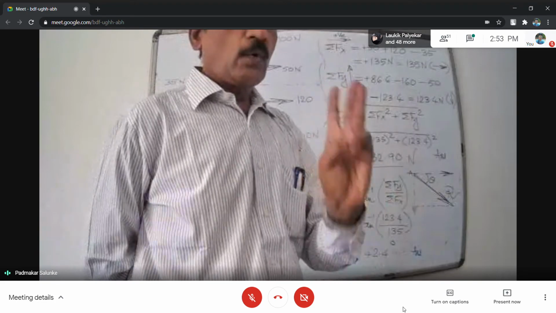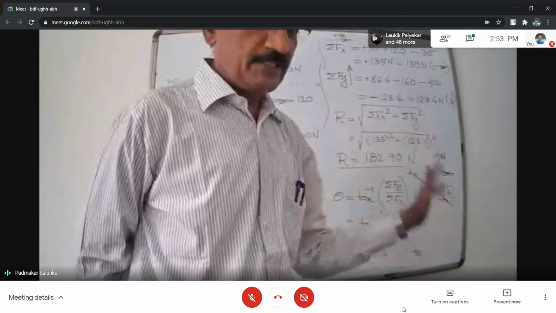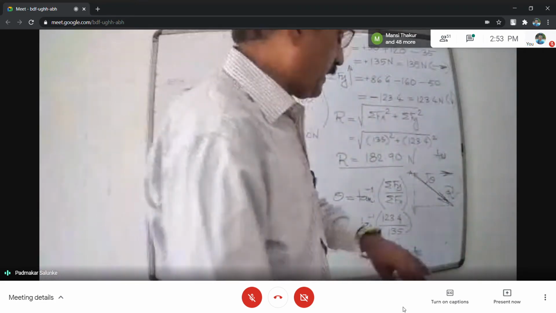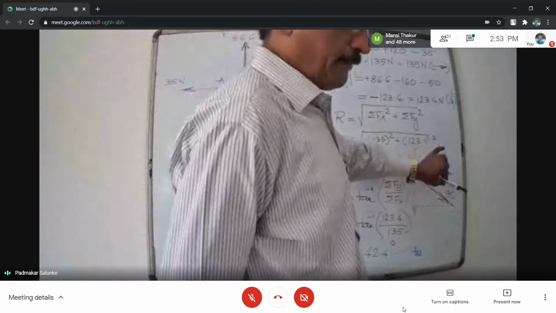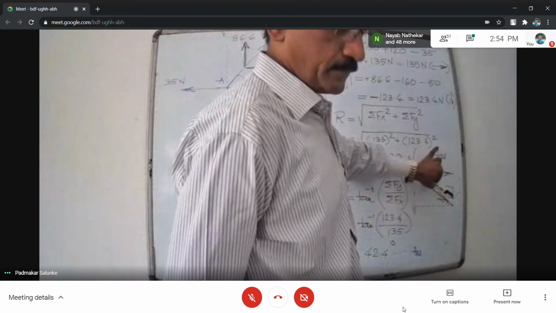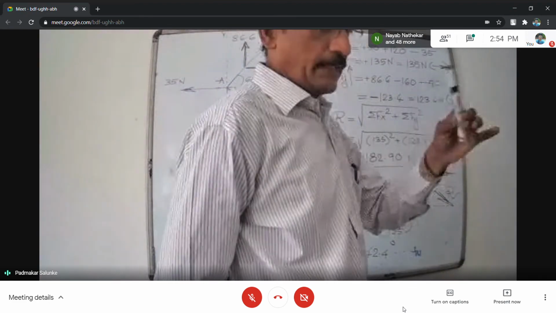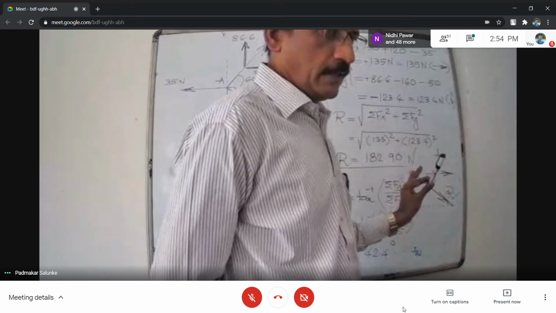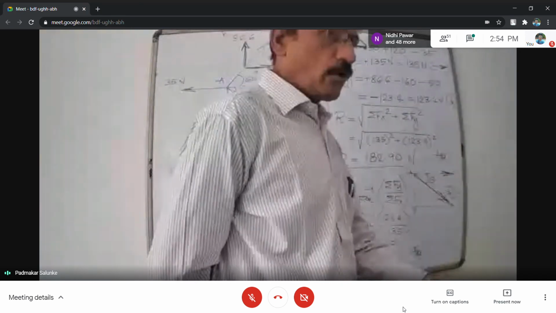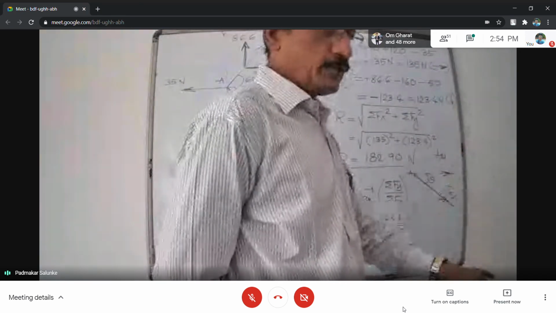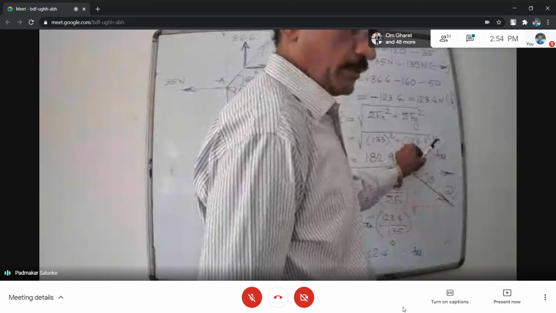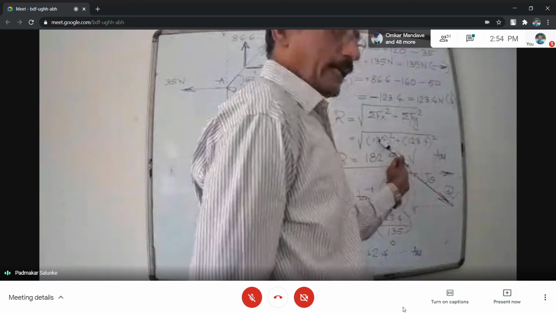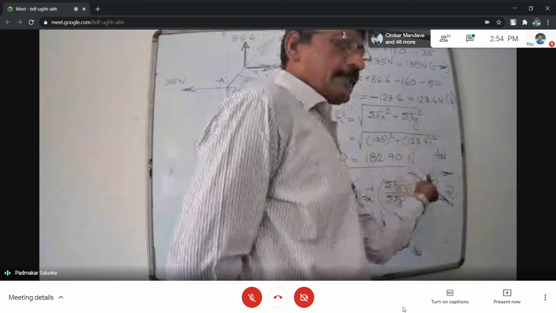There are a total of 4 possibilities for the resultant. Your resultant may be like this. For timing, I am calling it the 4th quadrant. Actually speaking, that word is not 100% perfect because forces are never related to quadrantal position. How you define the quadrant, accordingly that position changes. For the time being, call it the 4th quadrant. Next possibility, 1st quadrant. Third possibility, 2nd quadrant. And one more possibility, the 3rd quadrant.